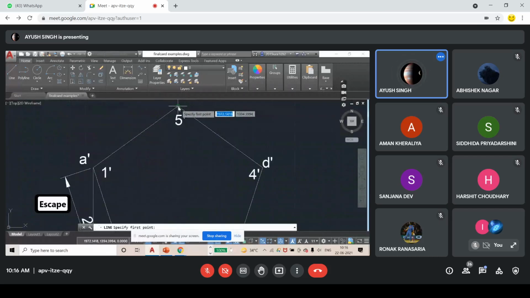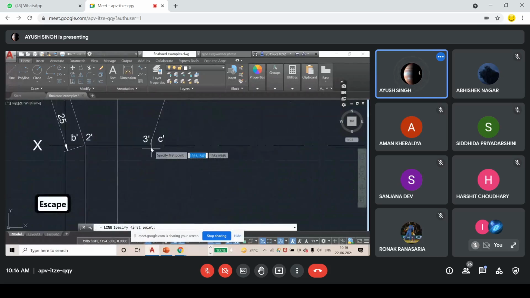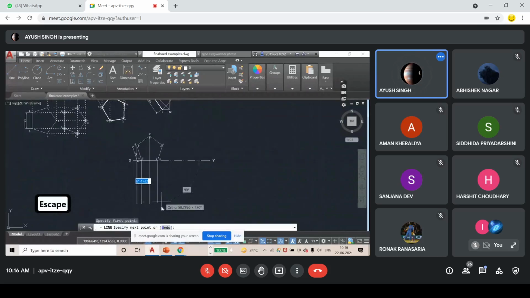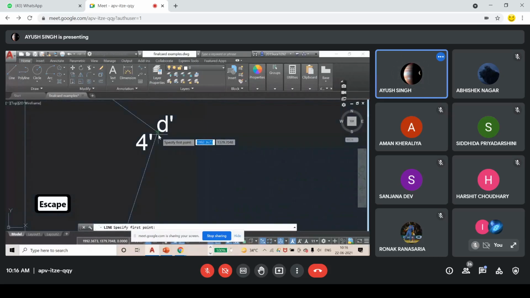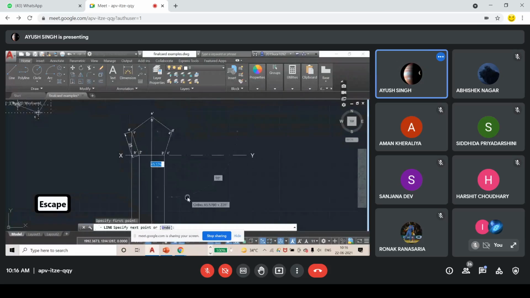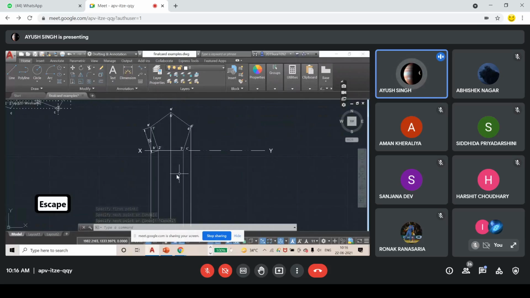Zoom in. After this, the corresponding top view is a rectangle.